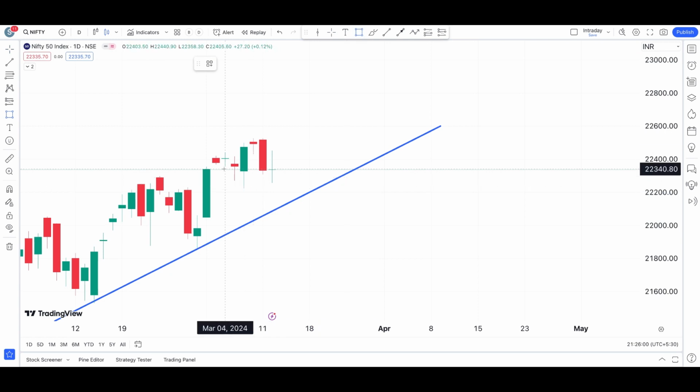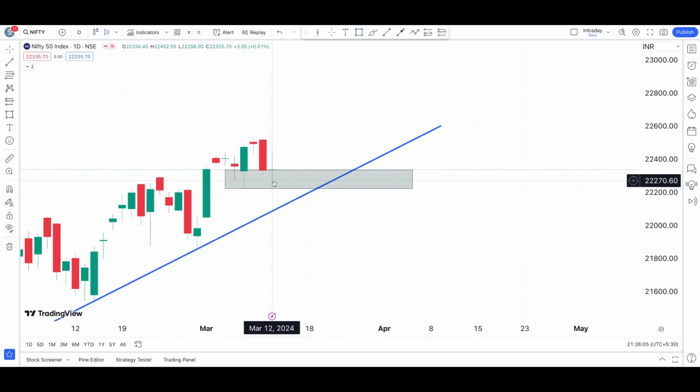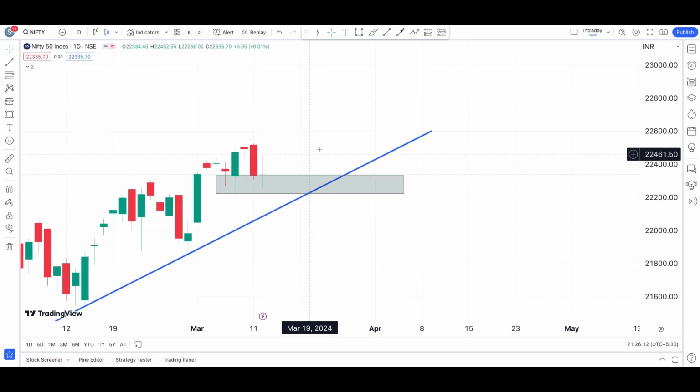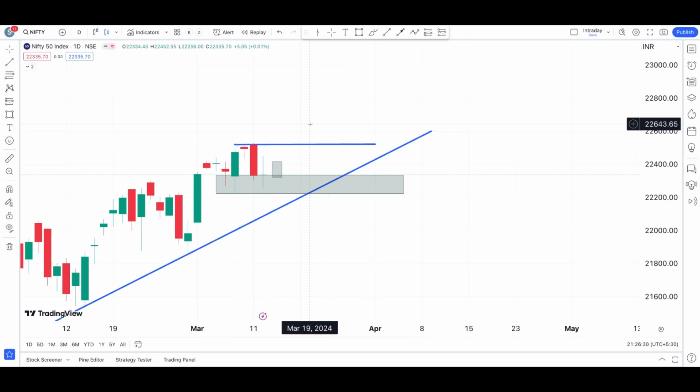And yesterday we discussed that this small reaction is also going to act as support for the Nifty, because we have seen Nifty taking support from this level on March 6th and also on March 5th. And today is absolutely a doji candle that has taken shape exactly there, and we haven't seen a close below this region. So tomorrow, if you see a green candle here, it's going to be a good sign for the Nifty towards the upper side, and we can keep this as our targets.